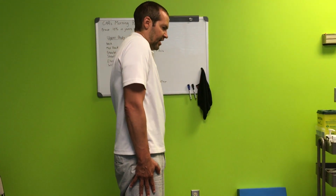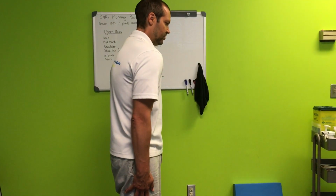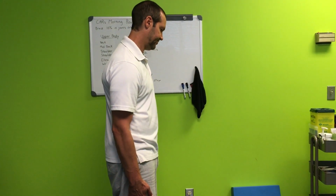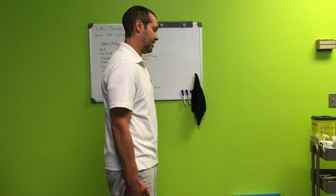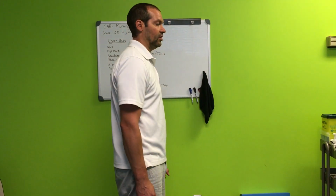Once I get to the end there, I go forward with the shoulder blade, keeping the hand in the mid part of my leg there, all the way down as far as I can, still focusing on that shoulder blade, coming all the way back, and the hand stays in the middle, come all the way up again, as far as I can, and then returning kind of back to the neutral position, but we want to make sure that we keep doing those rotations, so 2 each way in the circle, so 1 counterclockwise and 1 clockwise